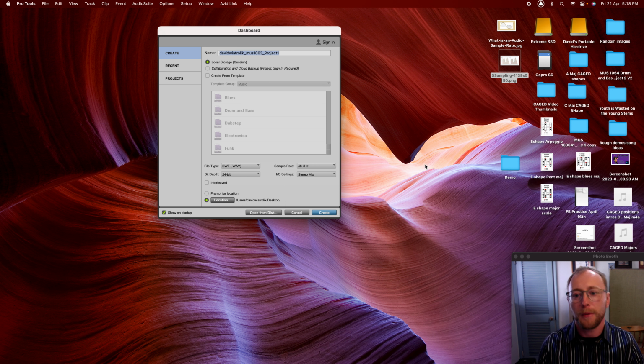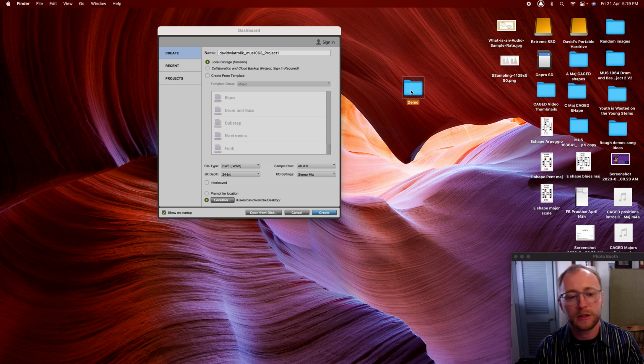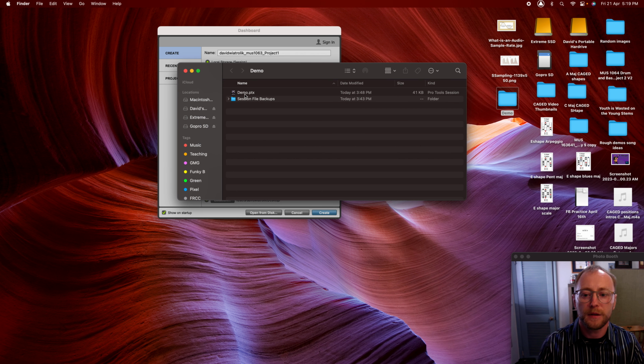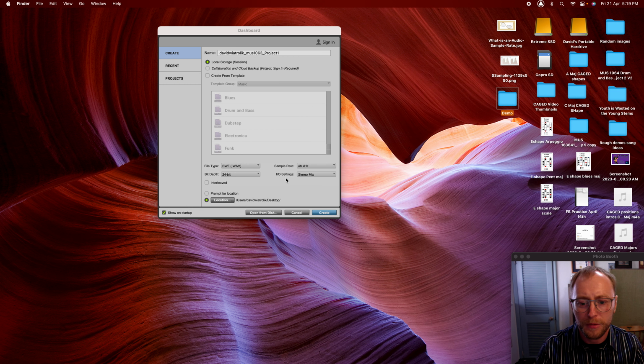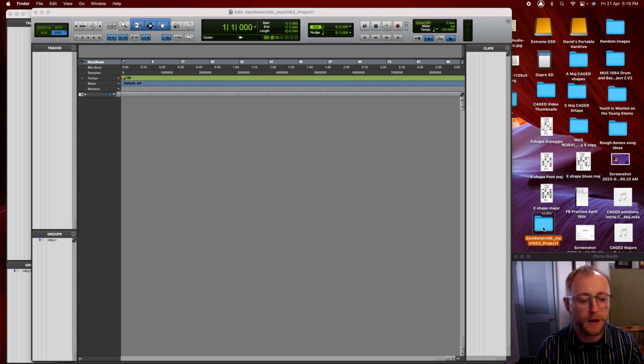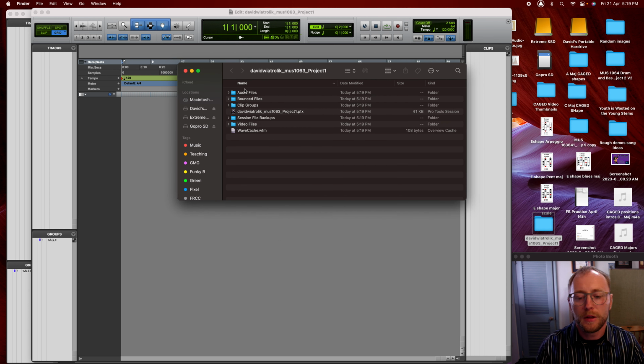So just as an example, I want to show you a Pro Tools session file. When you save this and create this session, it's going to save a file folder that looks like all the other file folders on your computer, but it is a Pro Tools session, and it's got sacred contents in it that should not be disrupted. So let me just save this on my desktop so I have a more recent one. There we go. Okay, so this is the project folder that I just saved, my first and last name, project 1. If I open that, this is the sacred arrangement of important files and folders that you don't want to